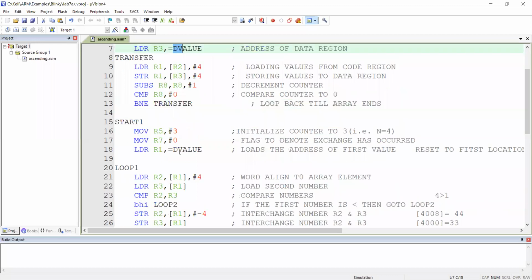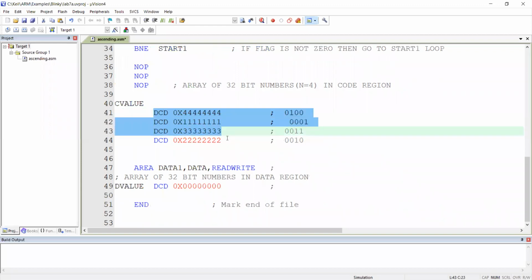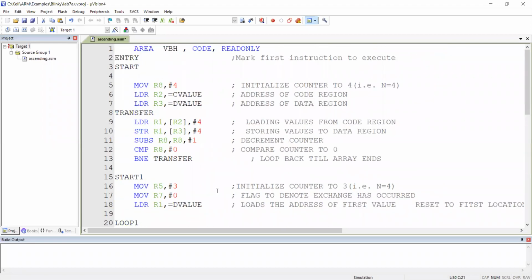The D value. Now you can see here, the C value array has values. The D value array doesn't have any value; instead, it is garbage. So what happens? This is the load from the R2 pointer into R1. Now please go on answering the questions in the chat box. What does this hash 4 indicate? Don't give the name of the addressing mode. Try to give an explanation. And let me ask a few of you.